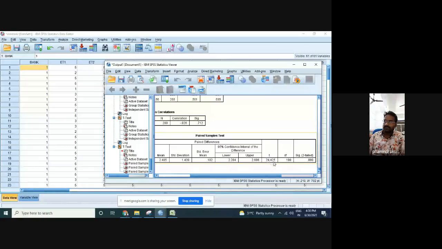In the t-test, the degrees of freedom is 199. Because we are making it a pair, the degrees of freedom is 199, not 198, because they are not taken individually. Individually, one is the name of the bank, and the other one is ET1. We are taking them as a pair, the name of the bank together with ET1 as one category. Then we get the degrees of freedom 199, and the two-tailed t-test value is 0.00. It is less than 0.05. So we can accept the null hypothesis. That is, no significant differences are there in the analysis. We can also write it that way.